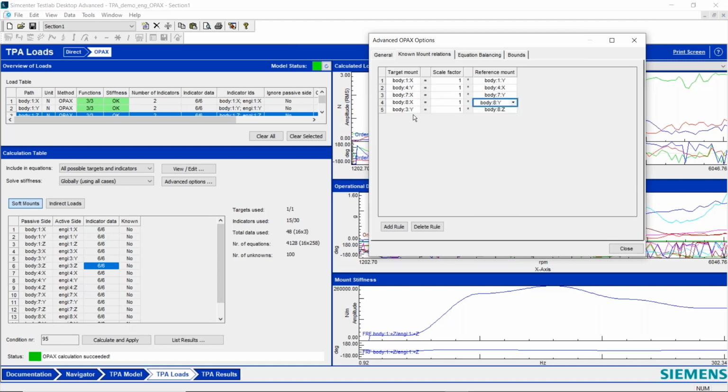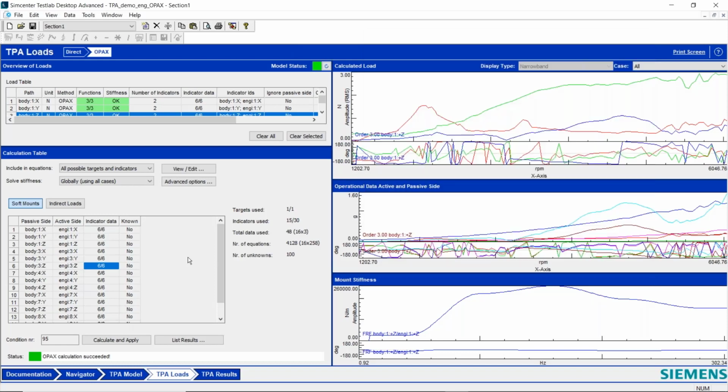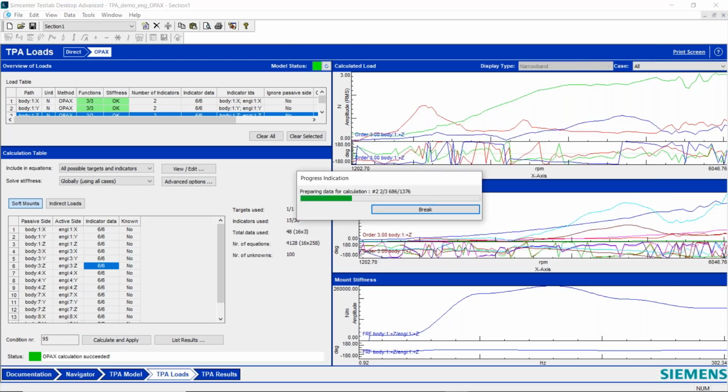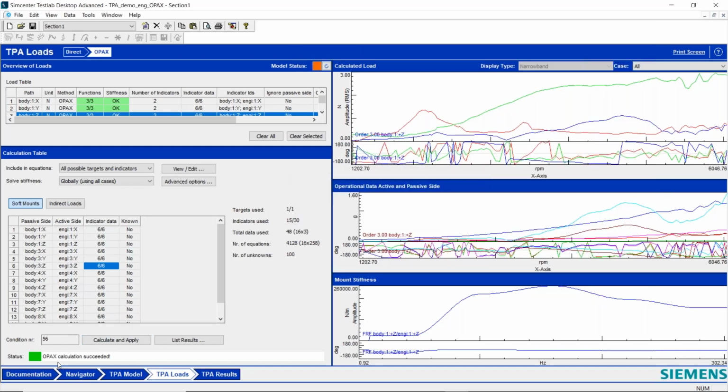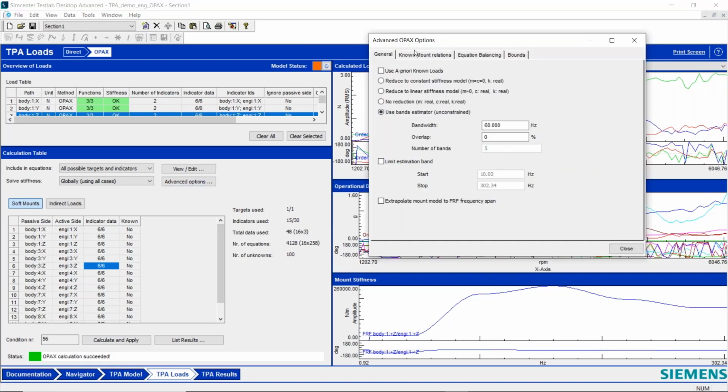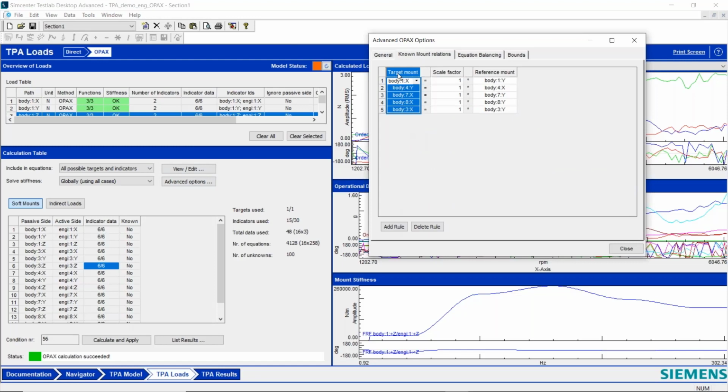y. So 1x, so I'm missing 3. So say 3x, let's see what it's doing. Okay. So for my 5 mounts, I'm going to assume the radial stiffnesses of all the mounts are the same, and that lowers the number of unknowns. So I can calculate and apply. Okay, so that dropped it down to 56. So that's one thing you can do, is we can apply these known mount relations to reduce the number of